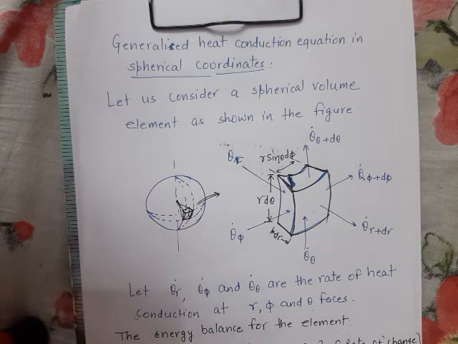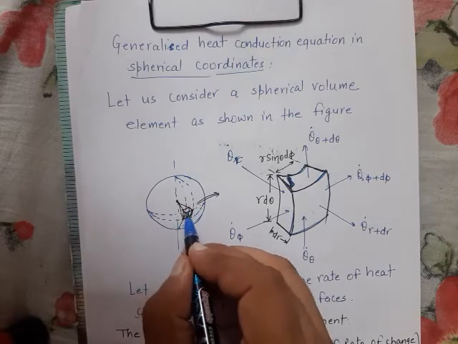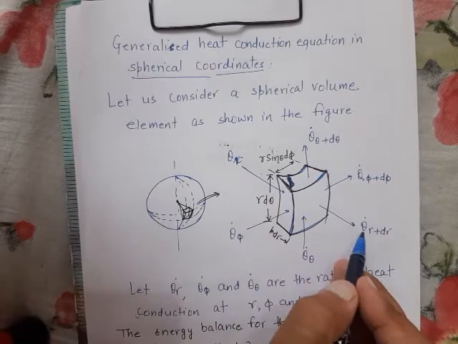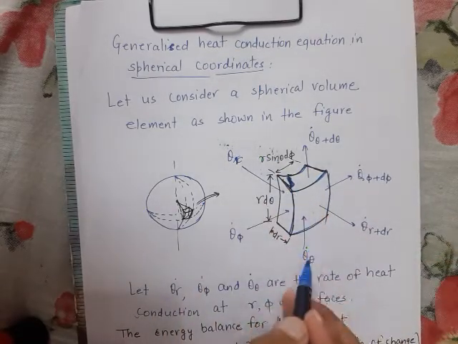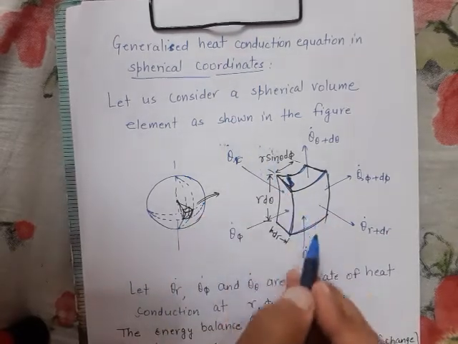This is a spherical coordinate system. So first understand the spherical coordinate system. Define a spherical element. Draw the exaggerated view of that spherical element. Then indicate the directions. This is the radial direction. This is the phi direction, similar to the cylinder. One more direction would be there, which is known as the polar direction or zenith direction, you can say.